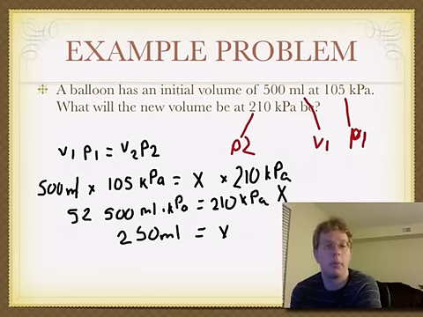And if we go back to what I said before, our volume should be smaller than our initial starting volume because the pressure is increasing. And we can see from the problem that the pressure is about doubling, so the volume is being cut in about half. We're going to do more of these problems in class. You'll get more practice with it, but I do want you to know how to plug these numbers into the formula V1P1 equals